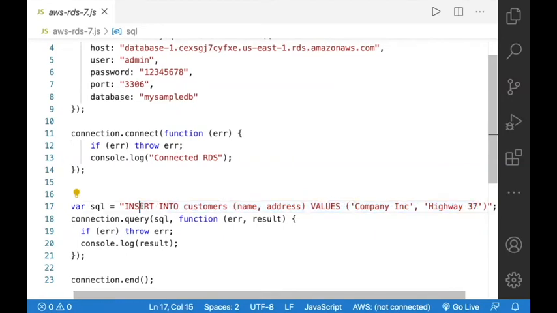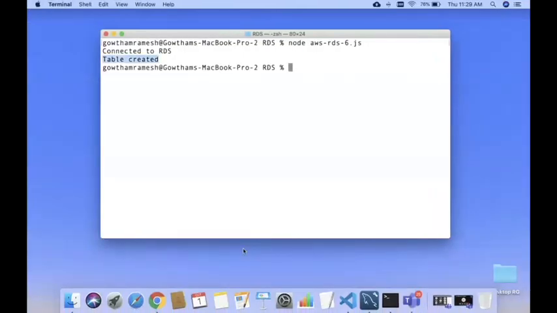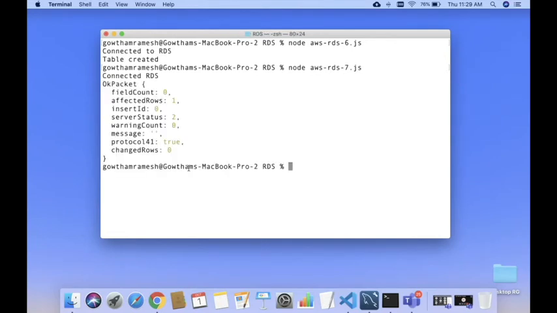So this particular tuple will be inserted in the customers table in the MySample database. If you look at this, the result of the transaction is displayed in the form of JSON. Affected rows is 1, which means the tuple was inserted successfully.